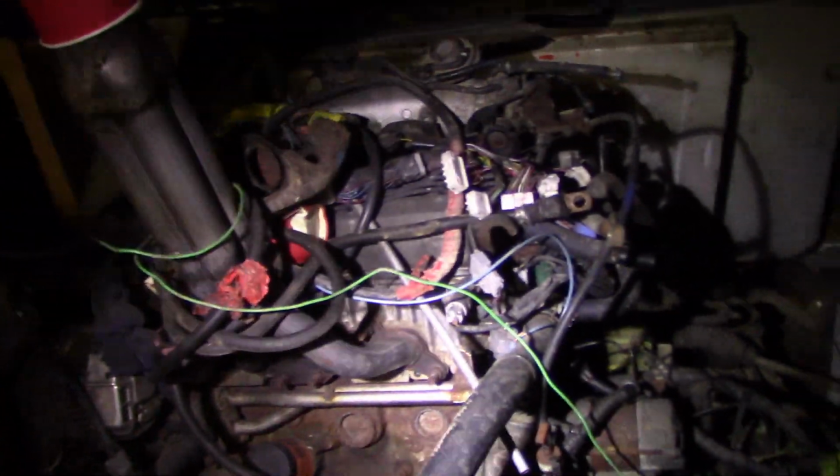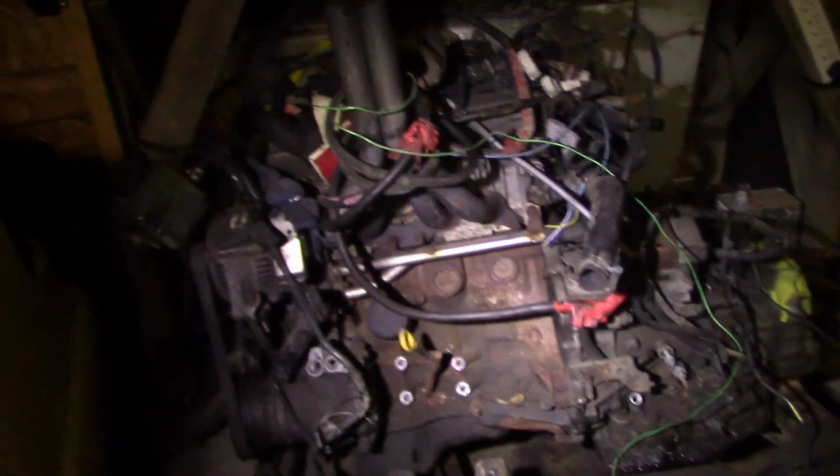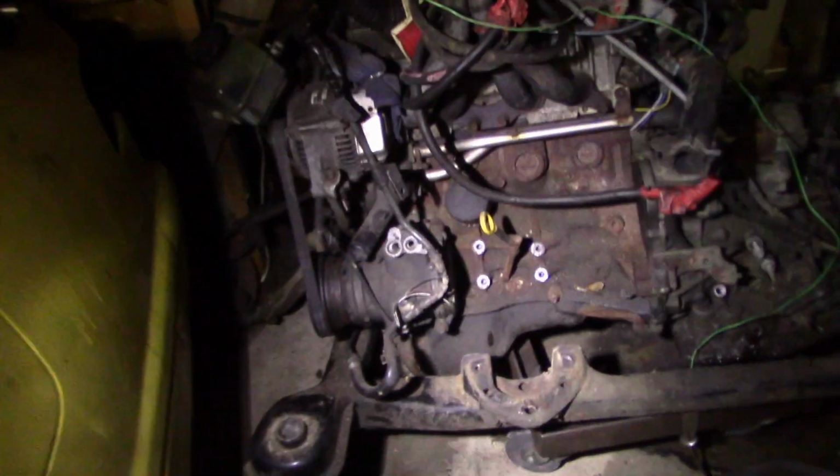So this is my motor from Dresden, 2019, when I took the V6 Lexus there, but ripped out the V6 and put this into it. So this motor is good. It ran great. It never really gave me any issues. But we're going to pull it out. We're going to pull this transmission off, and we're going to put a different transmission on. We got to get it up and off the